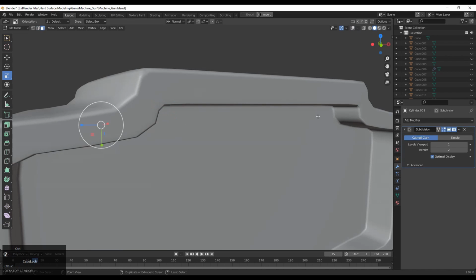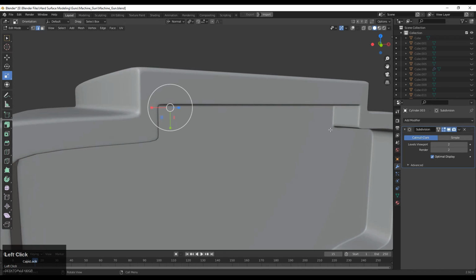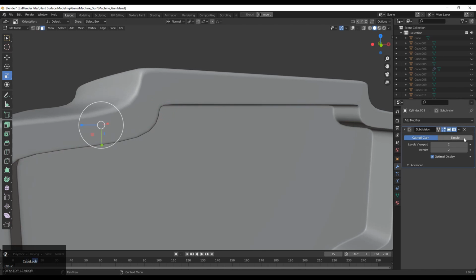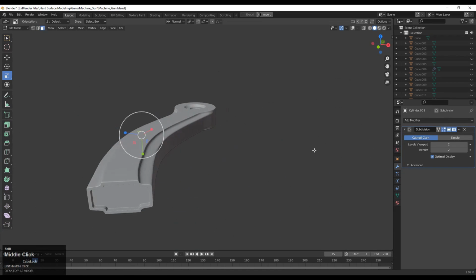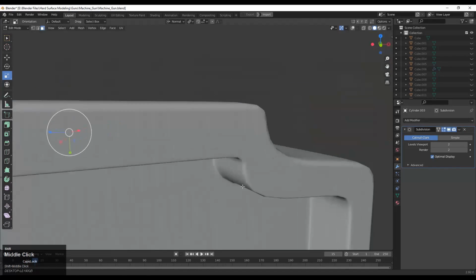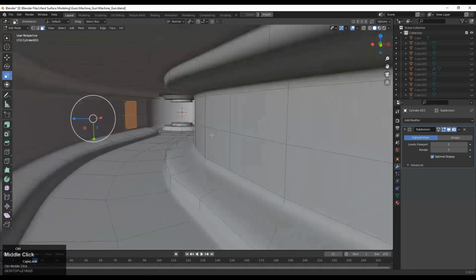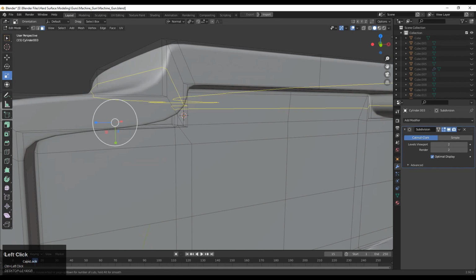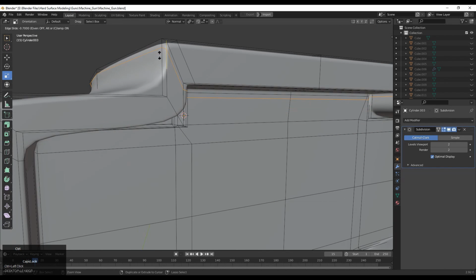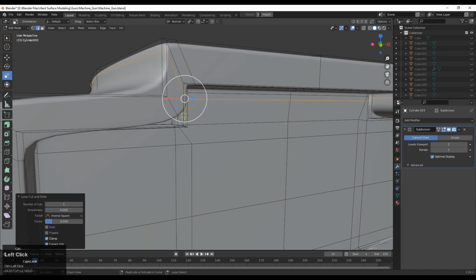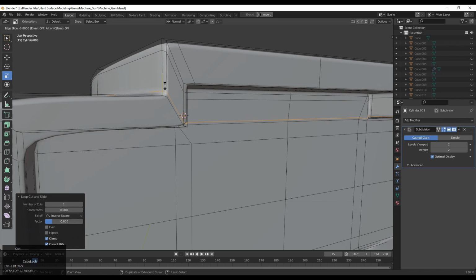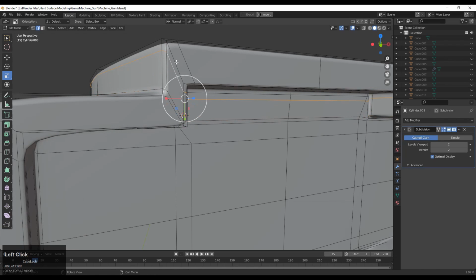As it's hard surface modeling, the edges should be hard. So just add loop cuts wherever necessary and then go for the next detail level. So first primary details, then secondary details, and then tertiary details. Just add loop cuts and finish this part and then go for the next level detail.